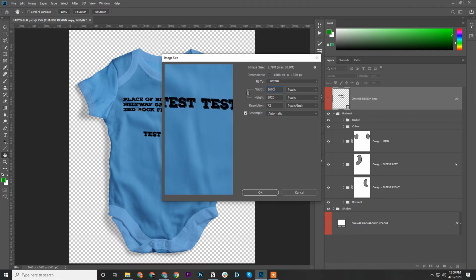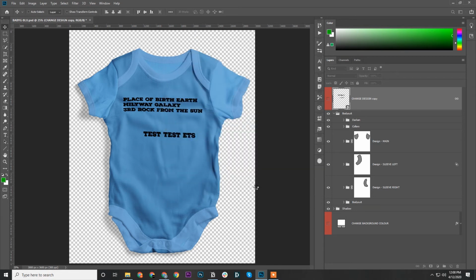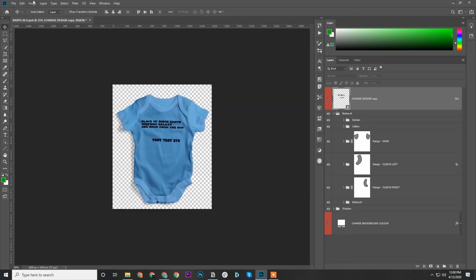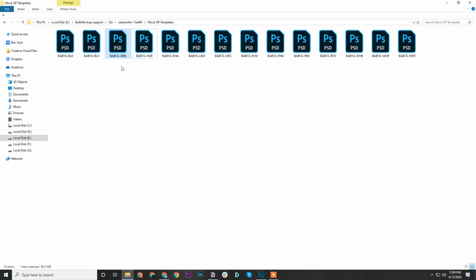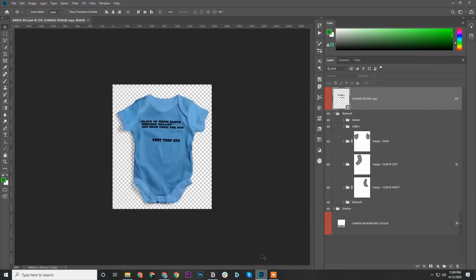This is the standard for web, or the best quality mockup you could have for your web. So instead of going with 300 dpi, you could change it to 72. And if we save this, you could see the file size. Which one was it? Oh yes, baby YG blue. The size turns out to be 23 instead of 96 or 100 MBs.